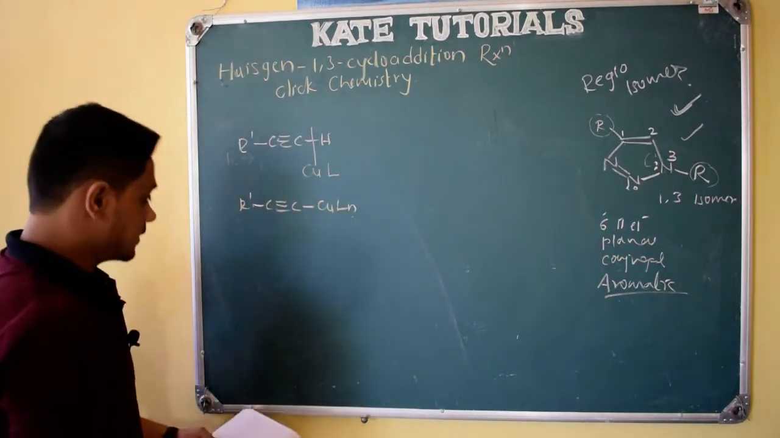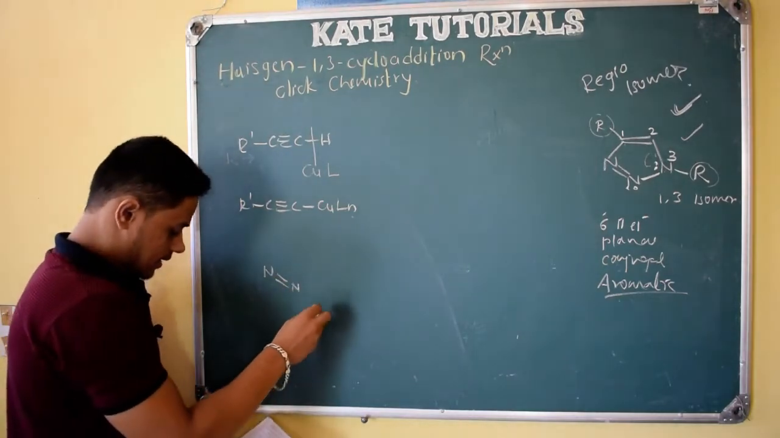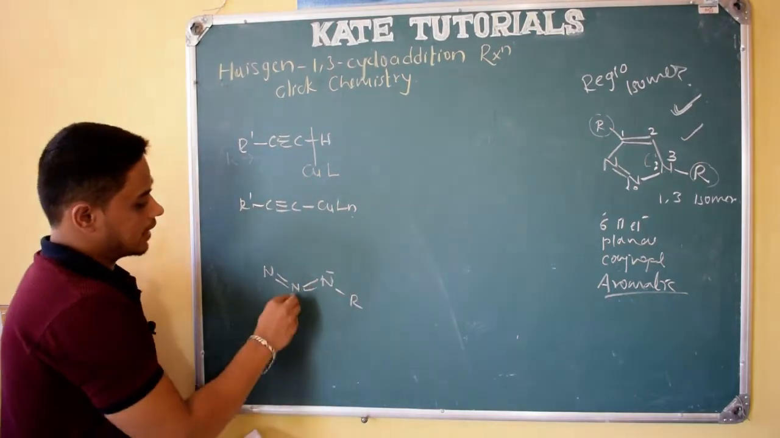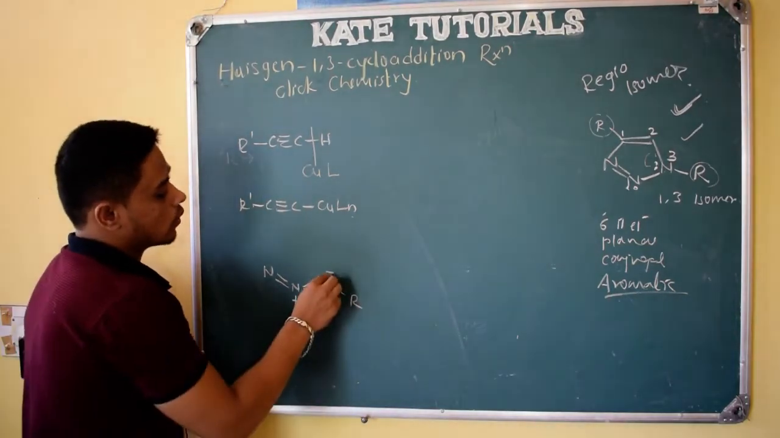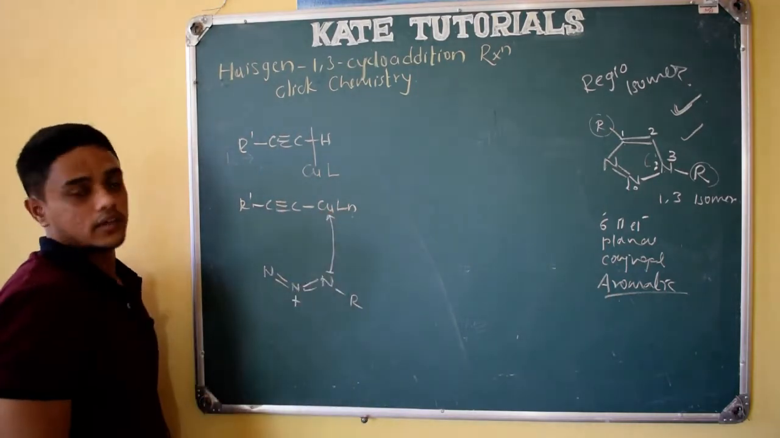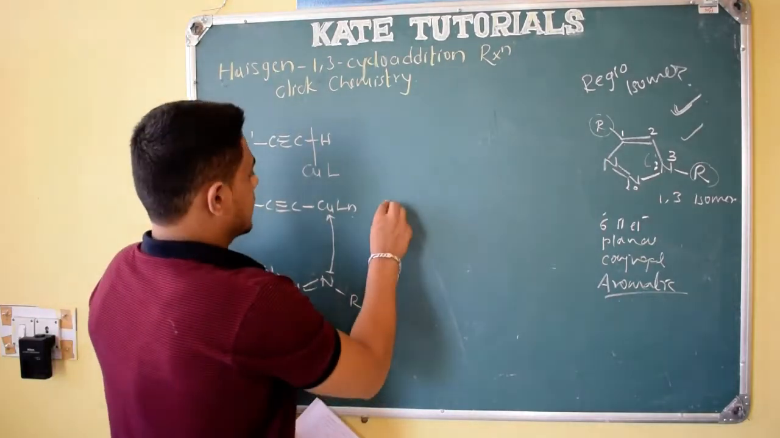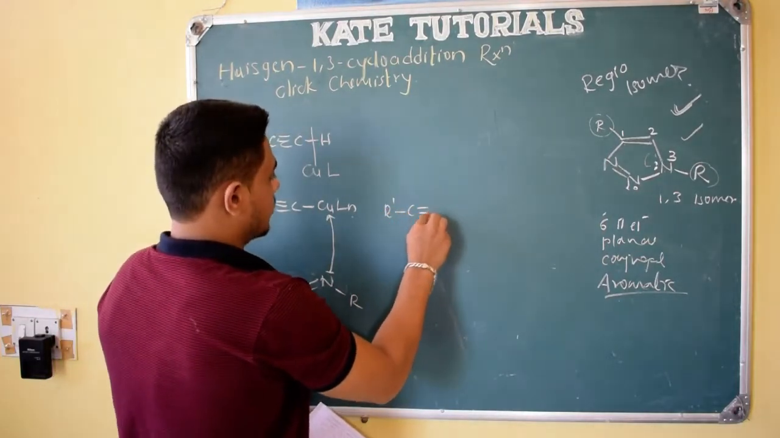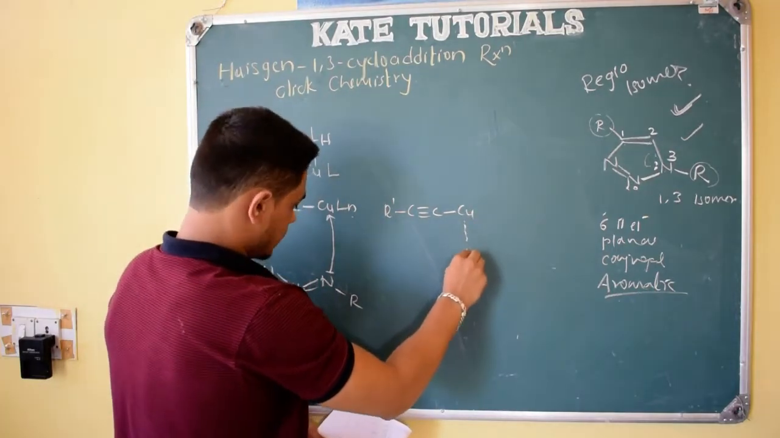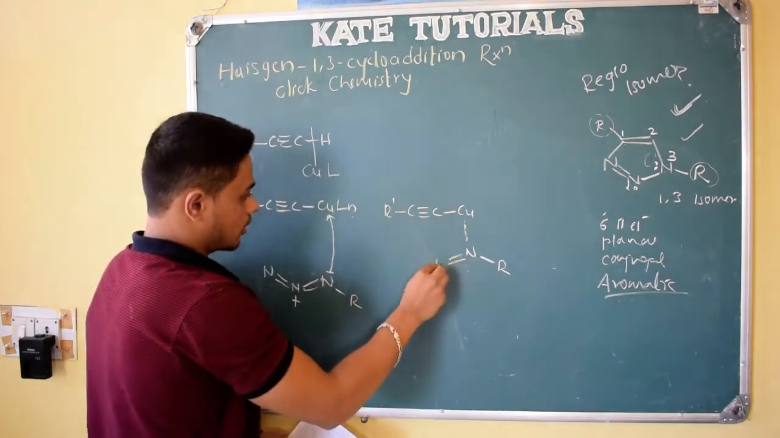So that's the thing. Then what happens, here see N double bond N, right? Double bond N, and R is there, and negative charge, and here nitrogen positive charge. So here, this nitrogen will first bind with copper, right? First it will form a bond with copper. Then R dash C triple bond C, copper, and here nitrogen is linked with copper, and here double bond N,